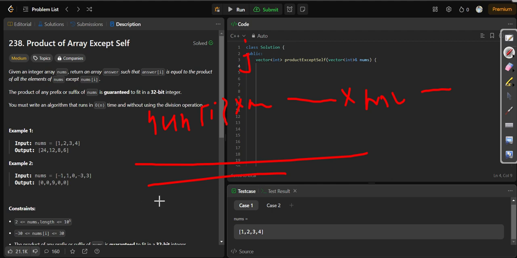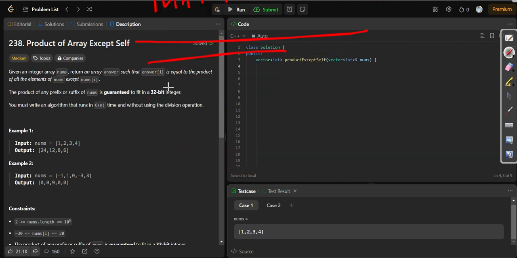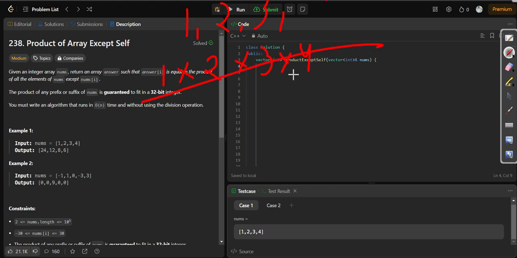Okay, so let's suppose we have this sample example, 1, 2, 3, 4. First we will multiply all of them, 1 into 2 into 3 into 4. As we need the first element of the answer array, we will remove it by dividing.